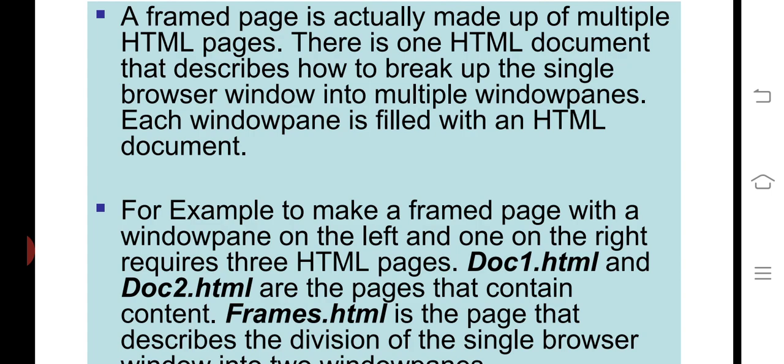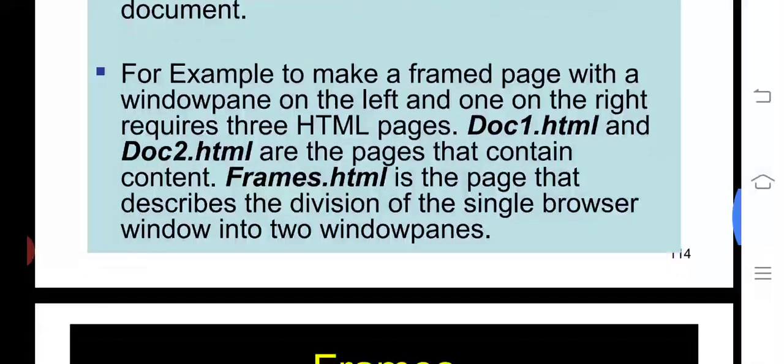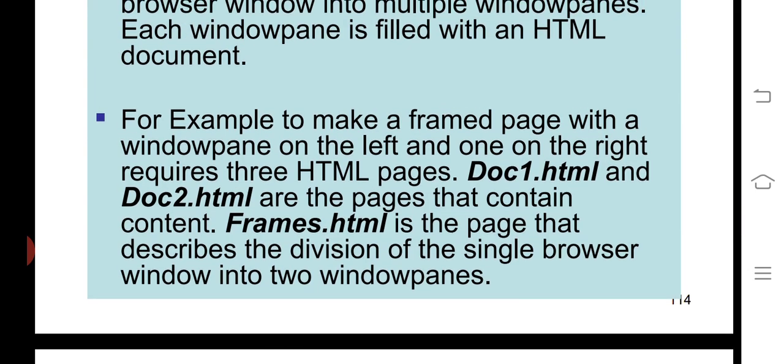Say, for example, as given below, document1.html is there and document2.html is there. One window pane is on the left and one window pane is on the right. So frames.html is the page that describes the division of a single browser window into window panes.